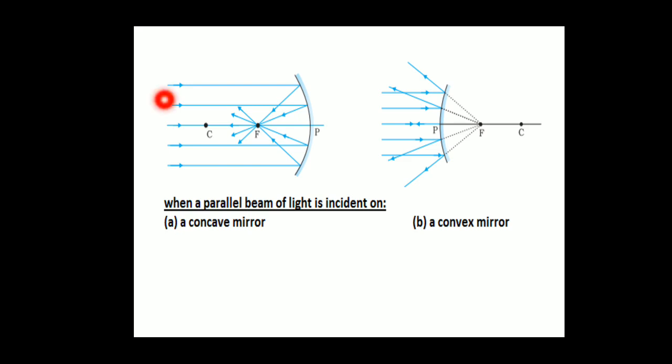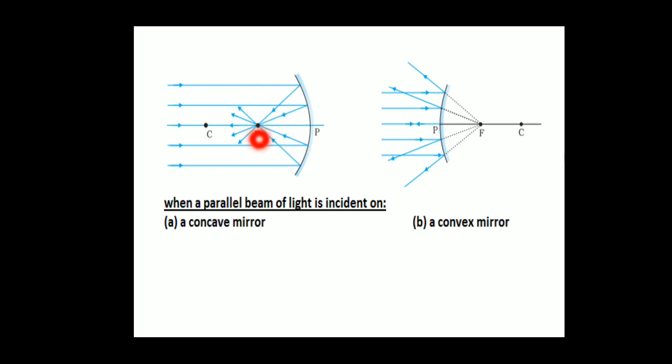When the light falls on the mirror, all are incident light. These rays are the parallel rays. After falling on the mirror, they all get bounced, reflected, and they all converge at a point. This is the point where they are converging. The point where all the reflected rays meet is called the focus. Are you clear? After reflection, if all the rays are meeting at a point, that point is called the focus.